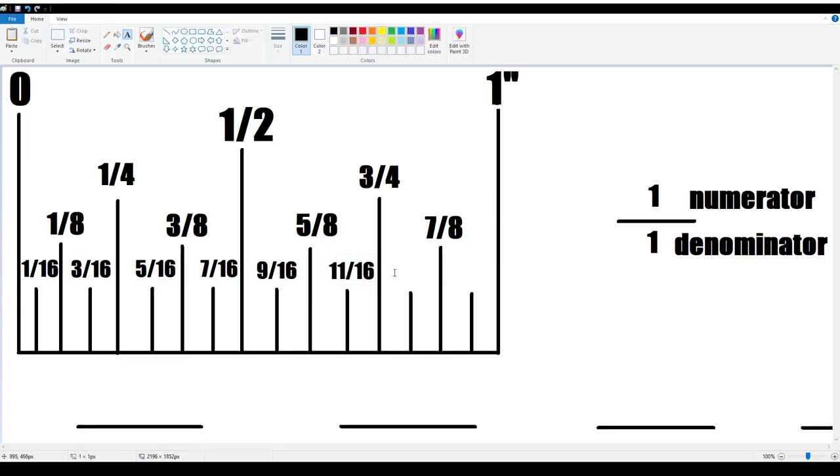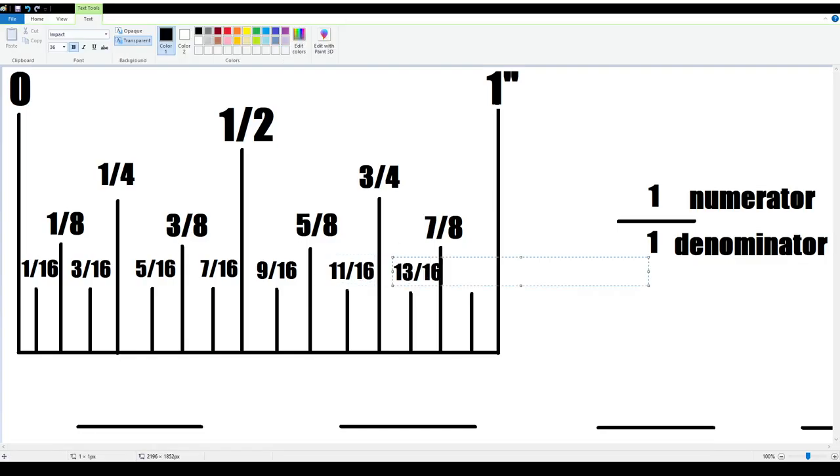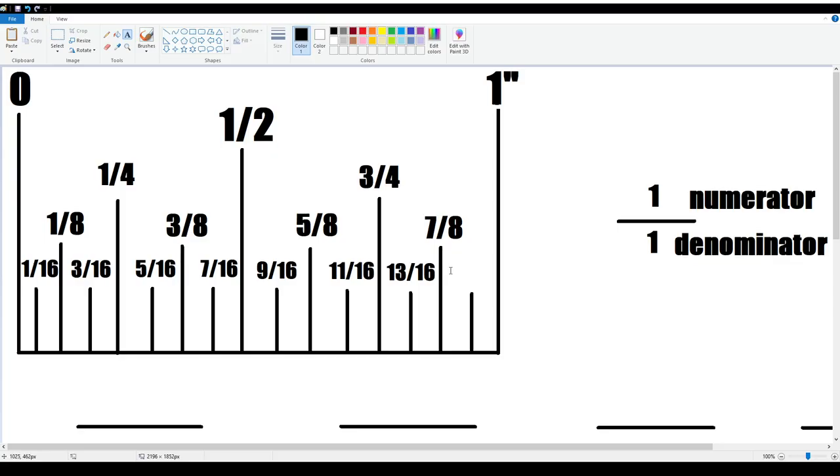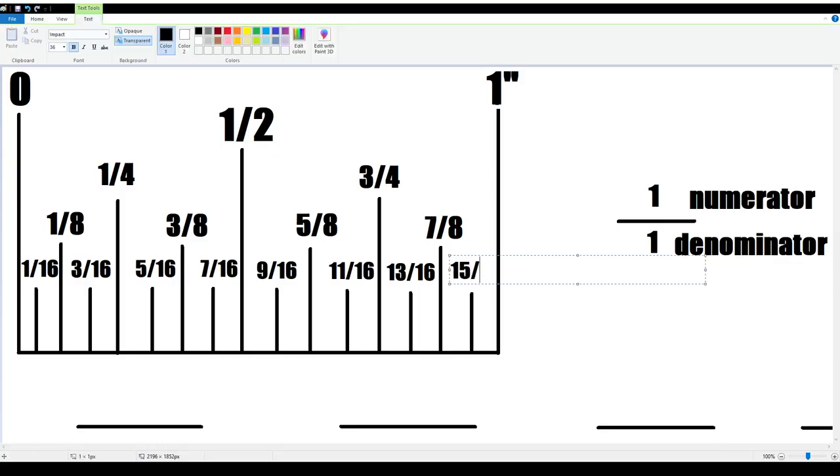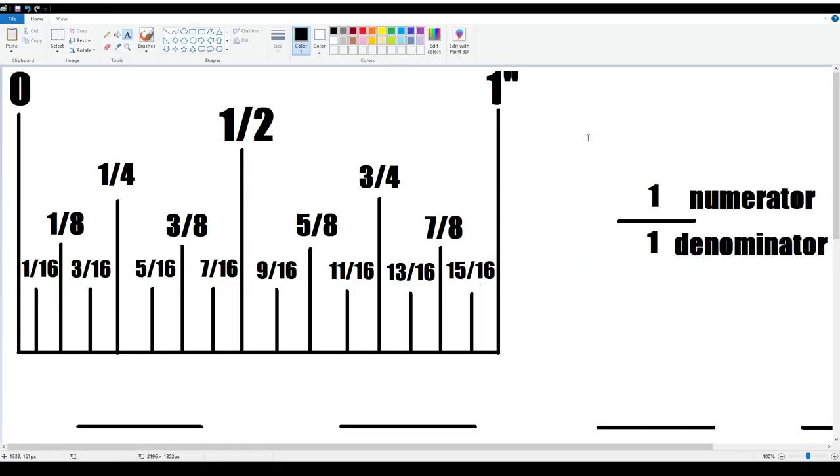What's the next odd number after 11? Probably 13. Not probably, it is. And then the last one is 15/16. We don't go beyond 16, otherwise we're going past our inch here. Okay, so that is how we break that down. We have our